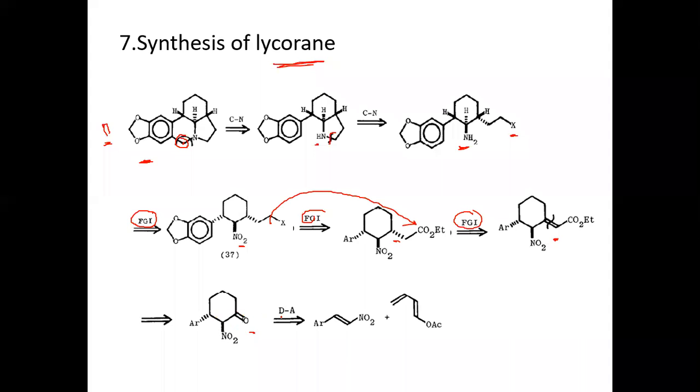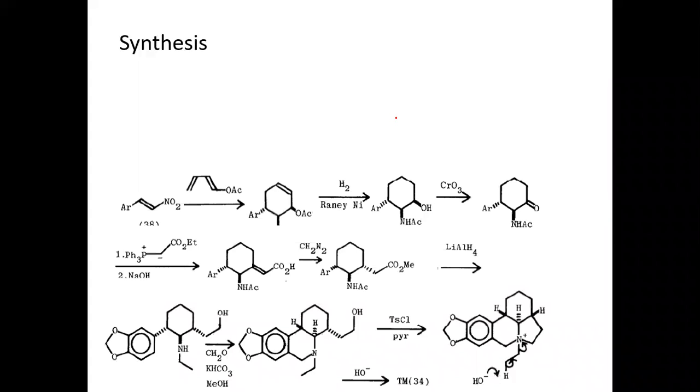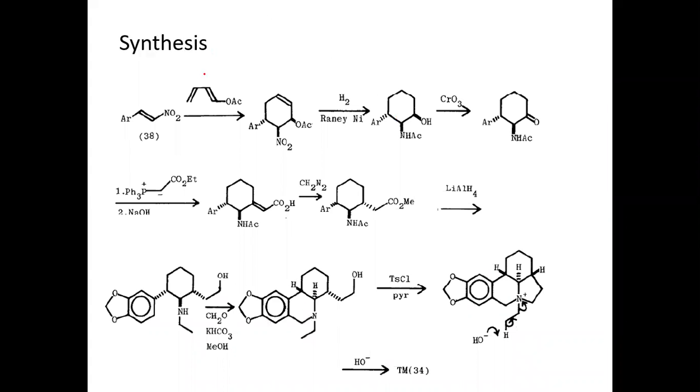If you observe this carefully, we can synthesize this molecule by Diels-Alder reaction. This is a diene and this is a dienophile. This is the disconnection for this big molecule. Next, we shall see the synthesis. You know that we'll start this reaction with the Diels-Alder reaction. This is a 4,5 molecule and this is a 2,5 molecule. If we add this, we'll get this one.